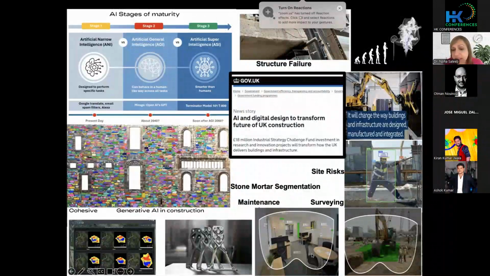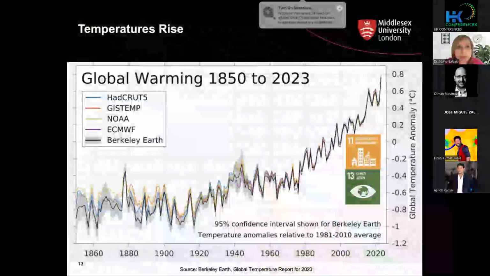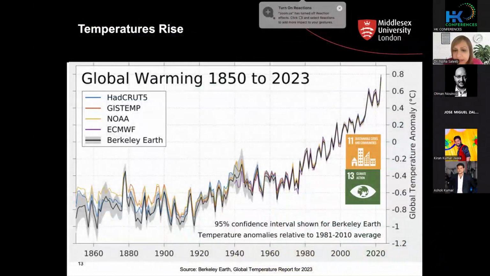Also maintenance inside spaces, design of different options which are more sustainable. So these are all currently different applications that AI is being used for. Now, if I go a little bit strategic, globally wise, we are all aware, for example, of the global warming